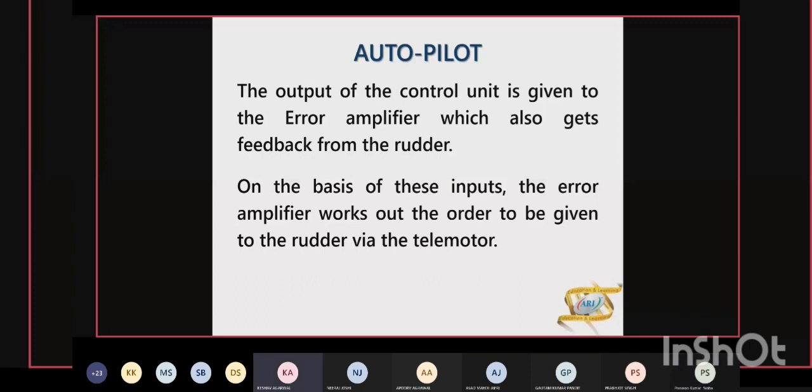Sir, it gives control. It gives orders to the rudder to change. Telemotor is basically for transmission of the autopilot signal to the steering flat. जो autopilot ने काम डिसाइड किया, उसको कोई एग्जीक्यूट करेगा तो कमांड देंगे तभी तो. तो टेलीमोटर से कमांड जाती है स्टीयरिंग फ्लैट को। दो पार्ट होते हैं उसके, एक ट्रांसमीटर एक रिसीवर।